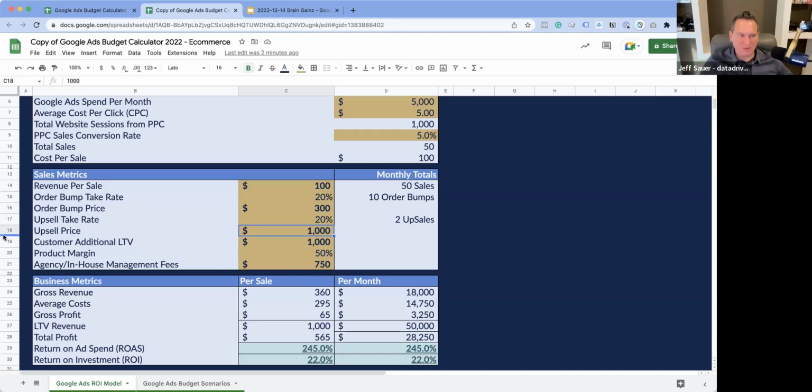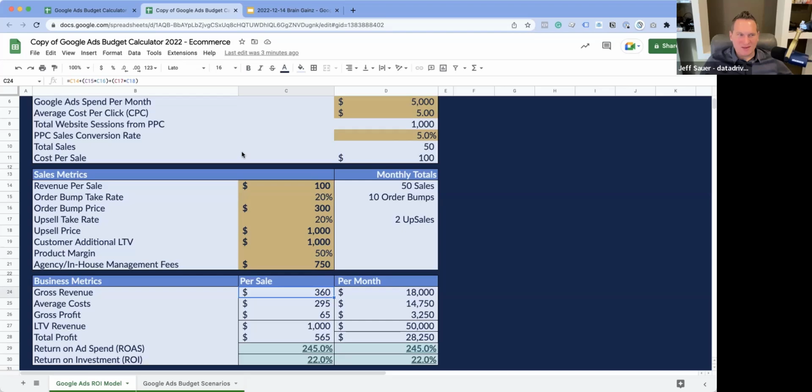And then I've added a new column in here called customer lifetime value. Maybe you make some money on this sale or you break even on it. But if you look at the additional lifetime value, that's where you really start to add in, okay, I can make $100 plus a 20% chance of a $300 order. You divide that by 5, that would be another $60. So $160 here, plus 20% of 1,000 is $200. So it's about $360 that I make per sale in this case.